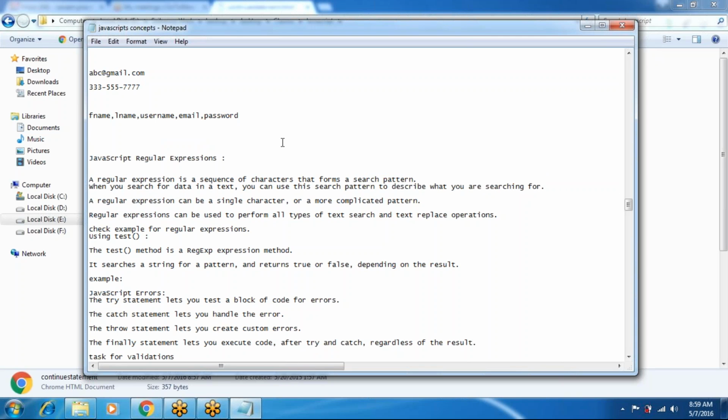That particular website provides password rules: you must enter at least one capital letter, one small letter, and one special symbol.